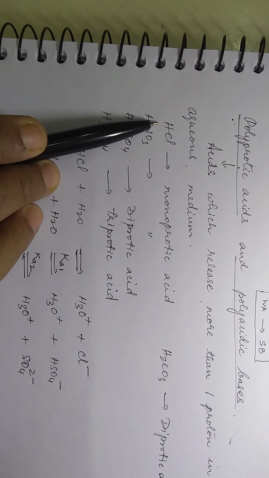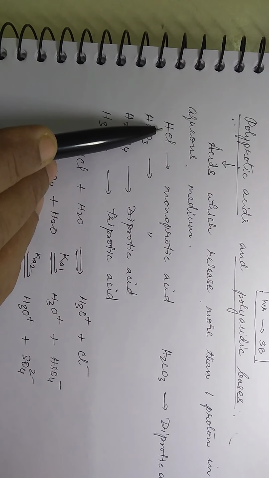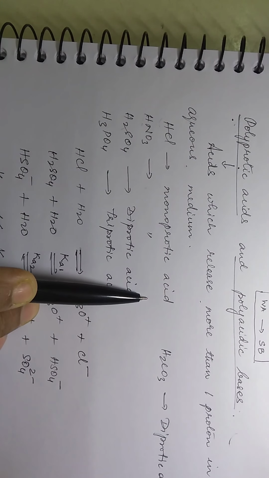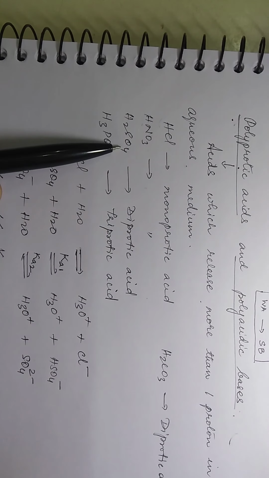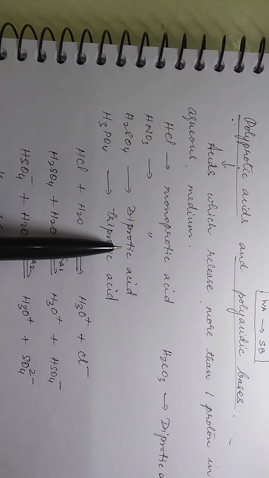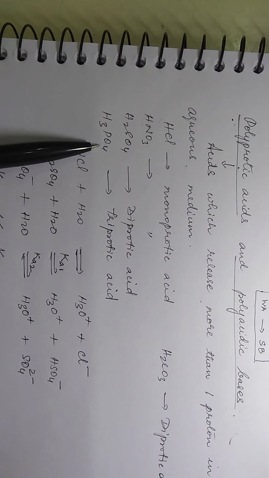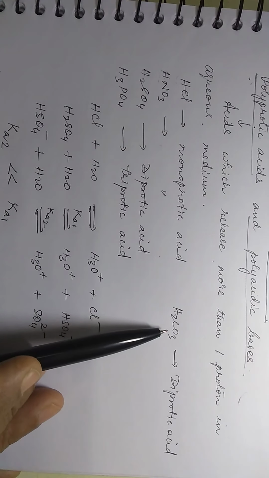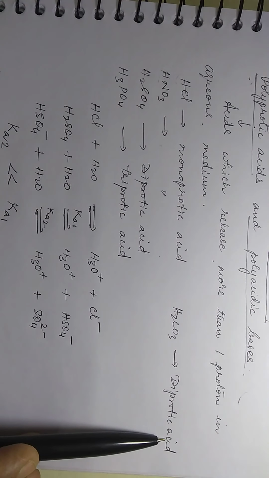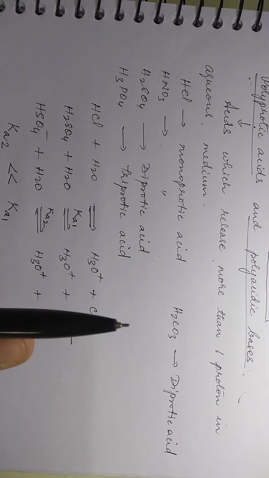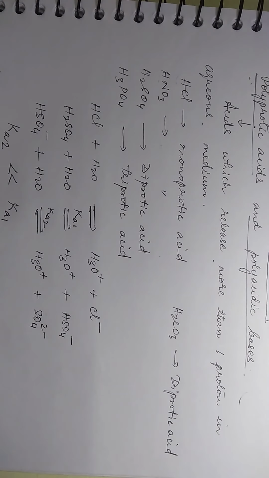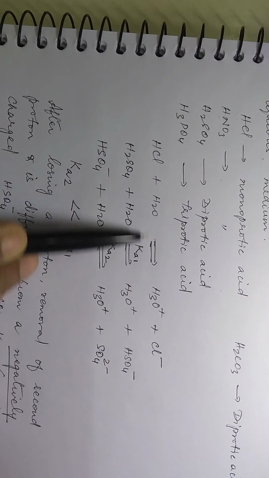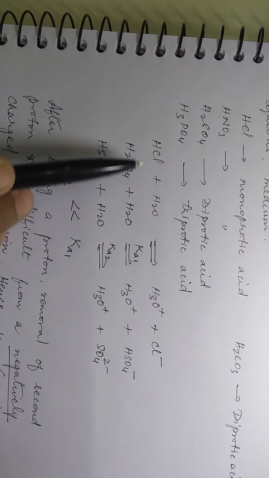Now HCl is a monoprotic acid because it gives only one proton. HNO3 is also a monoprotic acid because that will also give only one proton. H2SO4 can give two H plus ions, so it is diprotic. H3PO4 can give 3 H plus, so it is triprotic. Again, carbonic acid will give only 2 H plus, it is diprotic. Right? Beyond triprotic, you don't have anything. Okay? Now, in terms of equation, HCl plus water will give you H3O plus and Cl minus. It can give only 1 H plus.